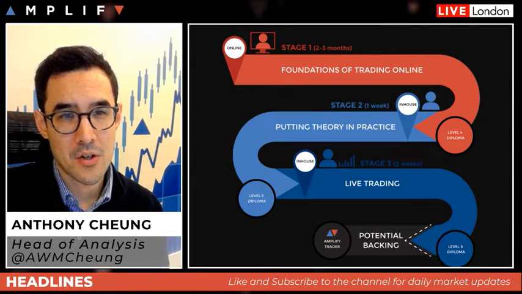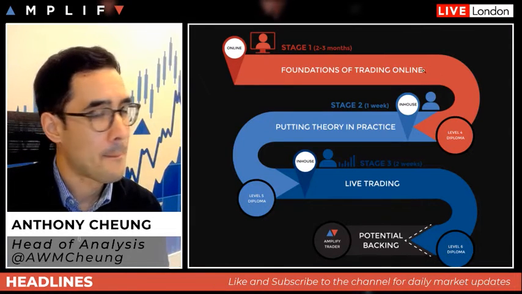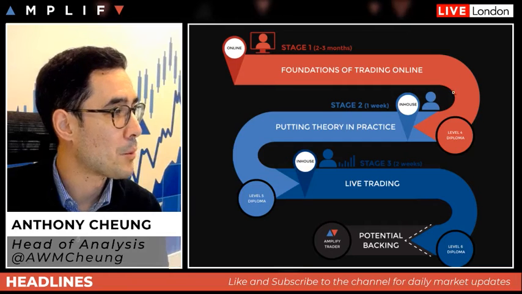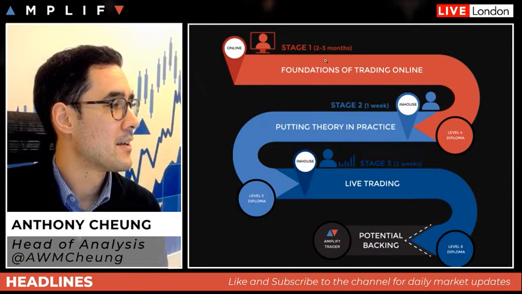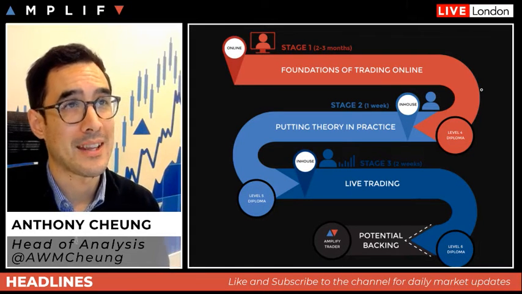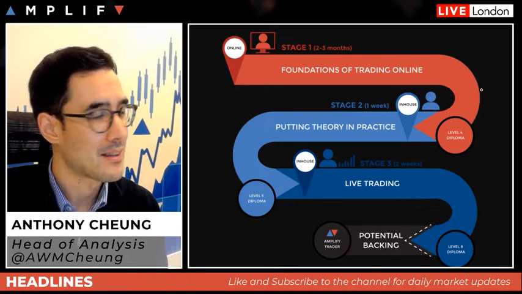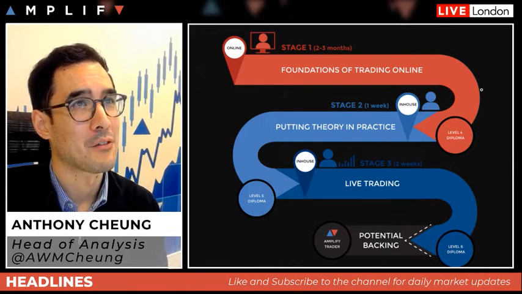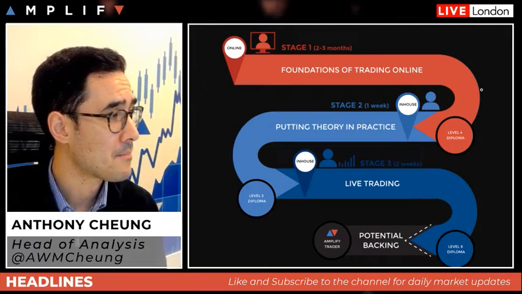Toby, the pay structure. So the online program is a £250 per month subscription format, and then it's a one-off course fee for the next stages. Depending on how long it takes you, if you're dedicating yourself full time to learning online, I would say you can complete it in a month. If you're working full time and doing it part time, it'll probably take you 2 months, possibly 3.